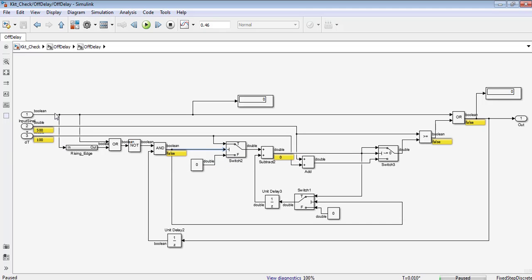But right now for this case, this is 0, even this is 0. Because of this NOT block, this will become 1, but if you check, the previous value will be 0. Because of that, the output of the AND block will be false. If it is false, then it will take the else part, which is 0, and here the value will be 0, and for this we are getting feedback. For this feedback we are getting the output from this switch block. For this switch block we are taking the value from the output of this AND block.